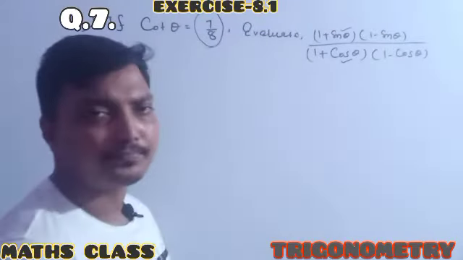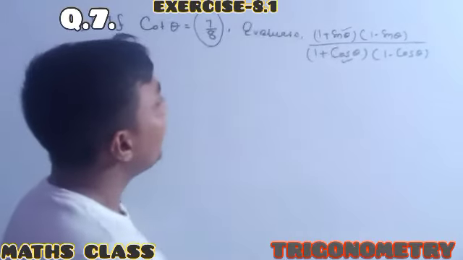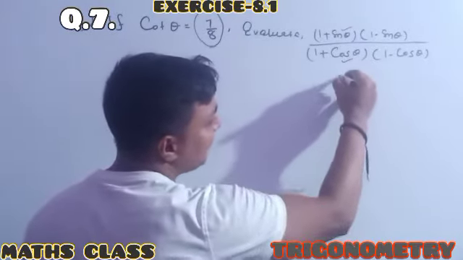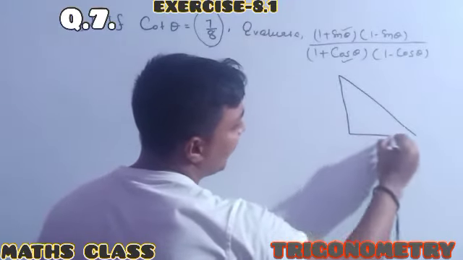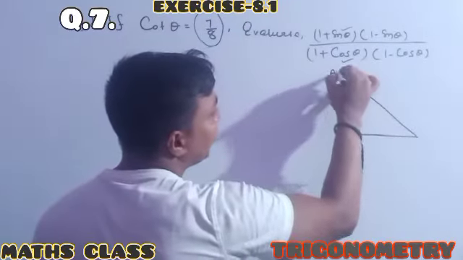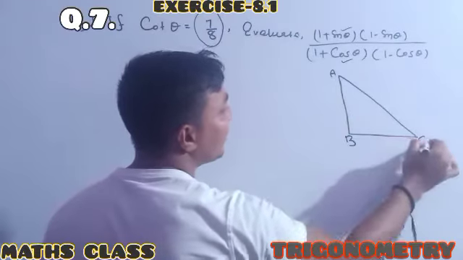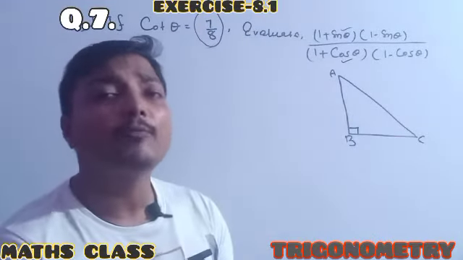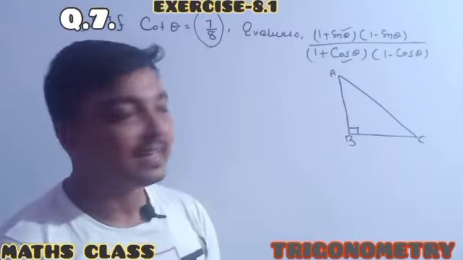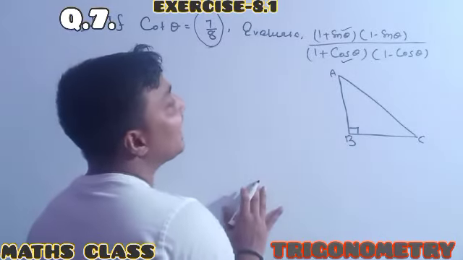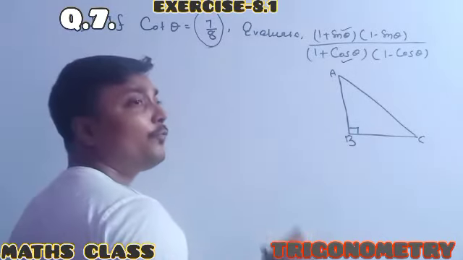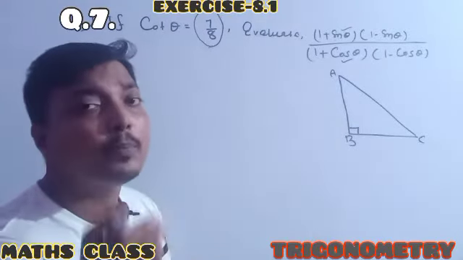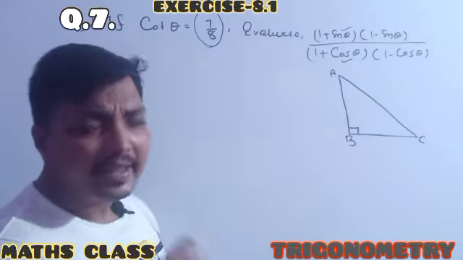See, first you have to draw a triangle. Everyone see. First you have to draw any triangle. Here it is A, this one is your B, this one is your C, and this one is the right angle. Trigonometry ratios we can find only in a right angle triangle. See, this one is the right angle triangle, and we have to find for the acute angle. With respect to the acute angle, we have to find out the 6 trigonometry ratios.